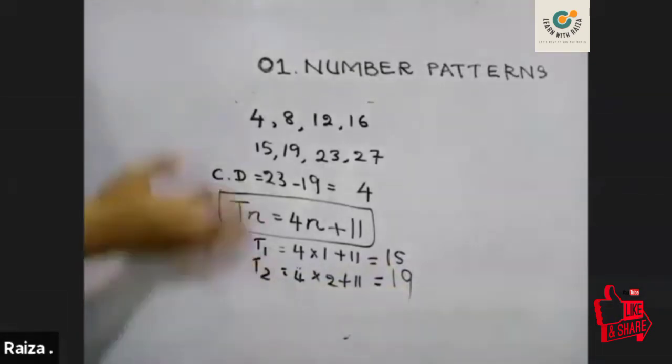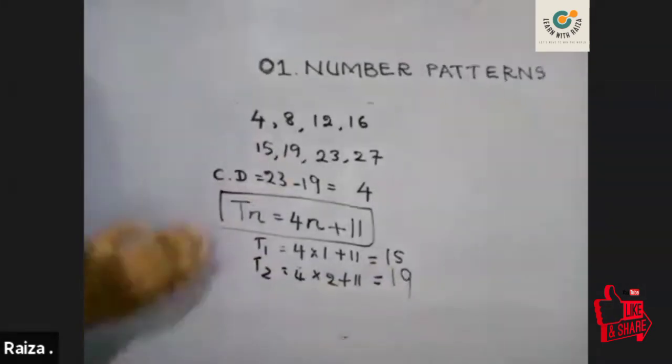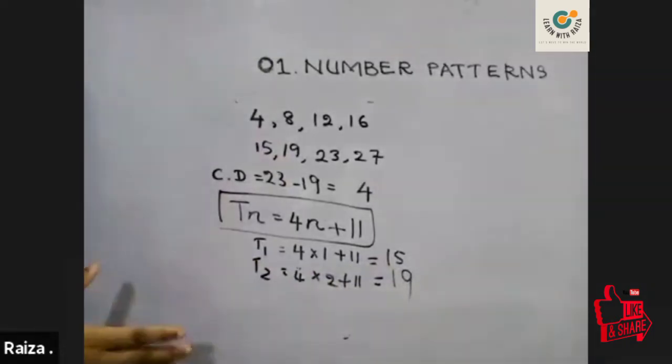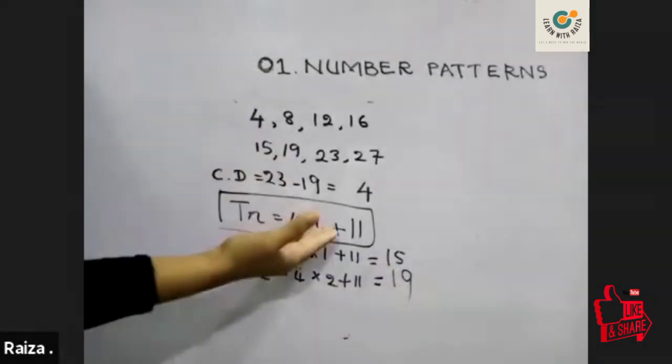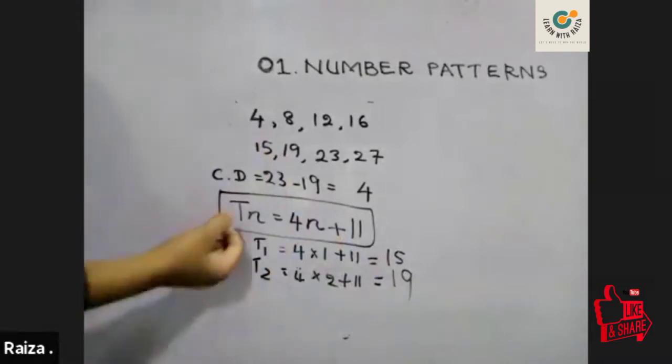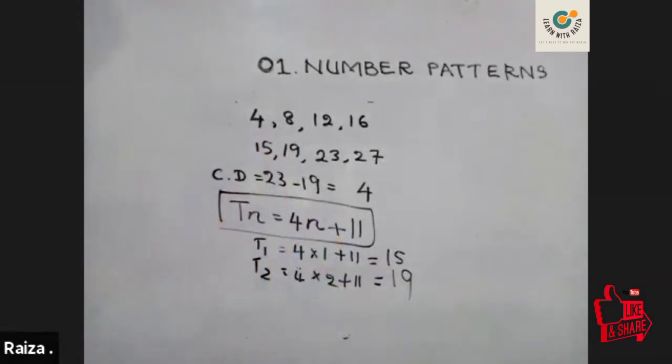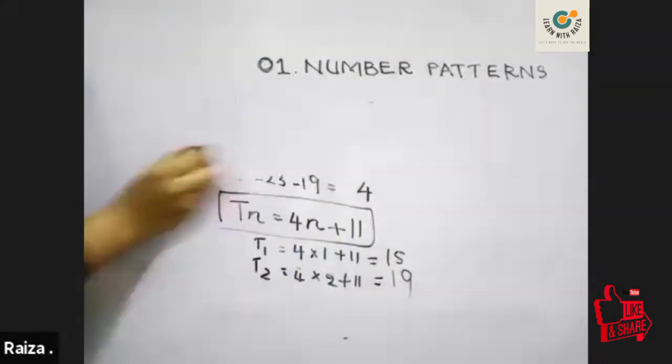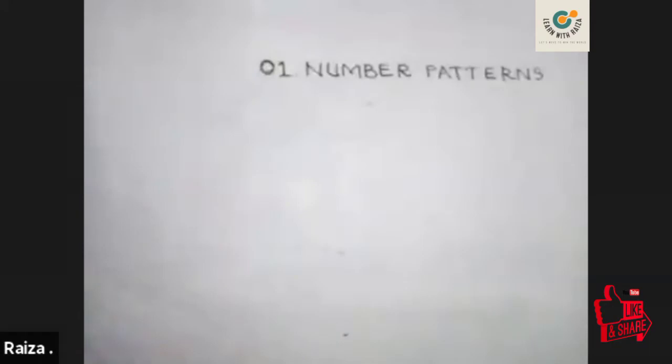Because how did I make it? First, I found the common difference using the knowledge that we learned about how to find the common difference. Then add the remaining amount that you want to be added. You add them and make the general term. This is very easy now, right? Okay, let's take another example. I'll give you another explanation.